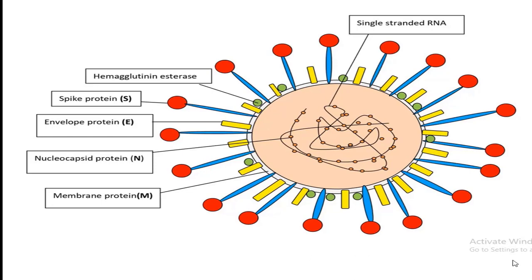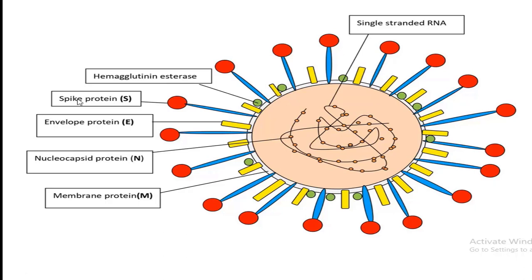This coronavirus is a single-stranded RNA virus and it is also an enveloped virus, and this envelope is derived from the host cell plasma membrane. That means this envelope has the lipid bilayer which is made up of the host cell's lipids. And the genome of this RNA virus encodes some surface proteins. One of the most important proteins is this spike protein. Here I have shown this spike protein in the red color.